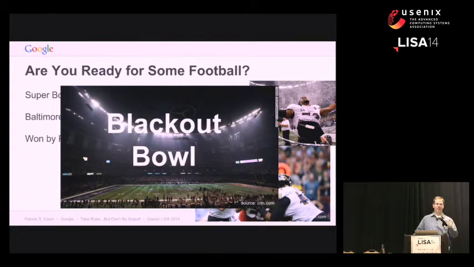So to add a little bit of color to the game summary I just gave you, Baltimore built a 28-6 lead early in the third quarter before a partial power outage in the Superdome suspended play for 34 minutes. The field had gone dark. After play resumed, San Francisco scored 17 unanswered third-quarter points to cut the lead to 5. So you see, this failure changed the momentum. It changed the